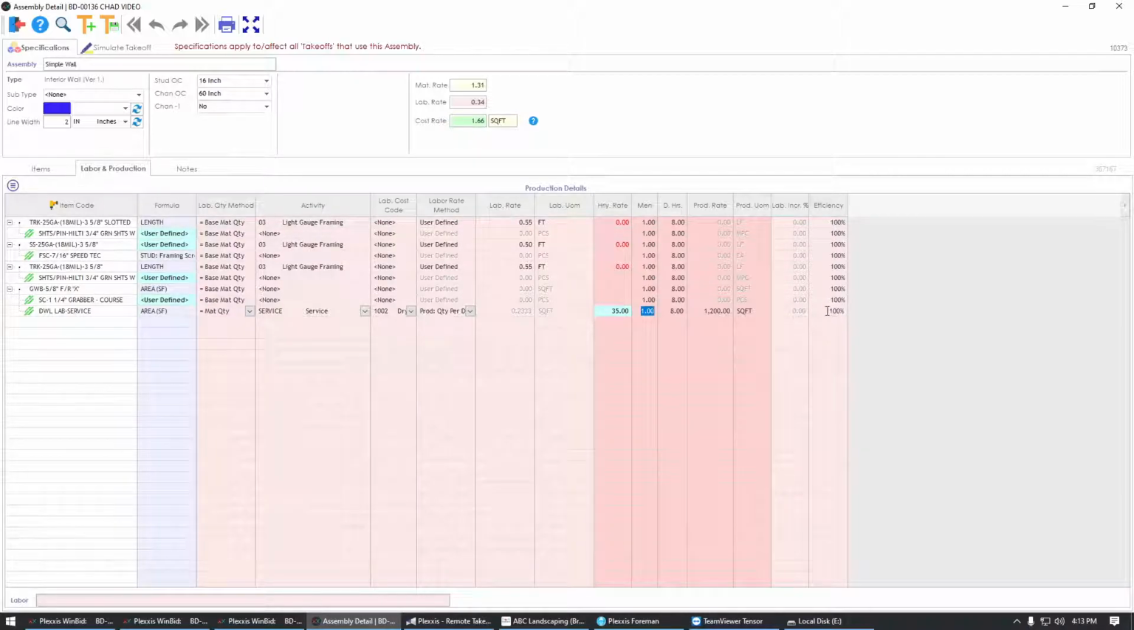Efficiency, so efficiency is going to be tied to how well your guys or how fast the work will be able to be done. So if they're working at higher heights, then it'll take more time, so you may want to reduce this to a 50%. So now that we got everything set,